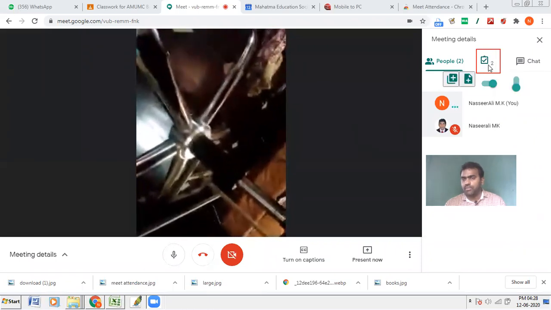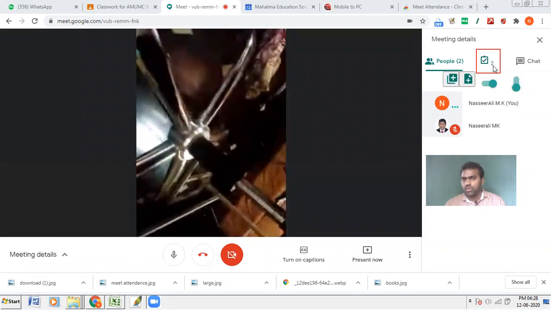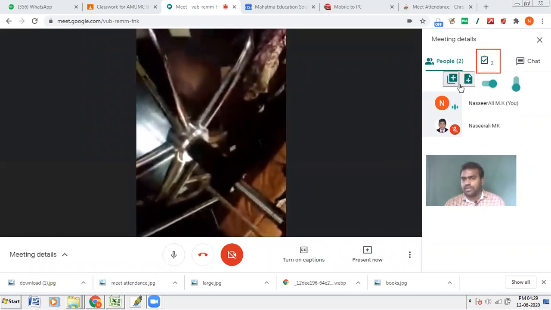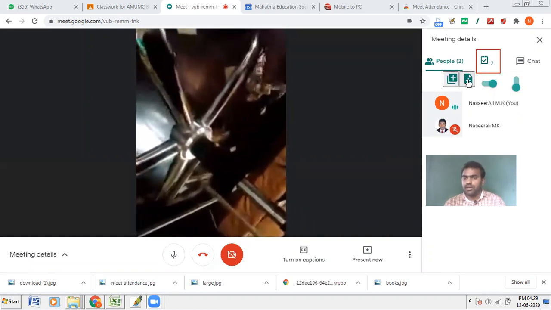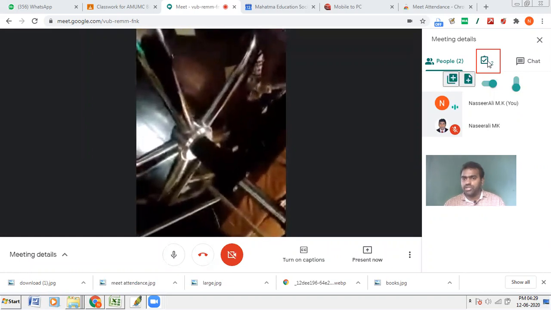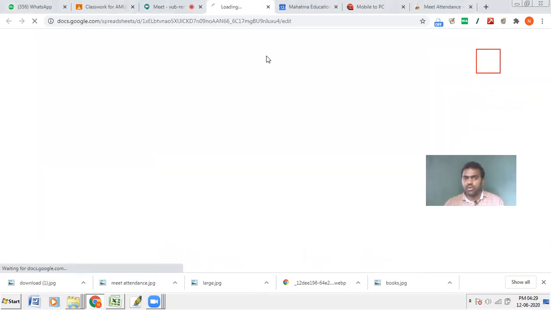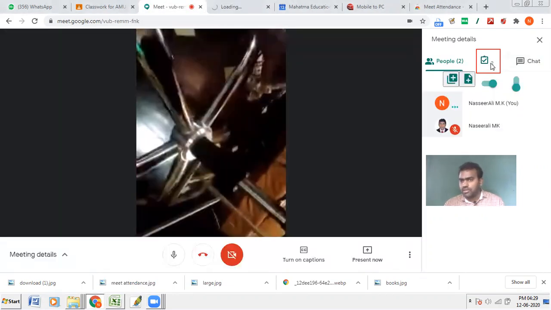If I bring the cursor onto this icon, some options are expanded. You see here, all these records will be maintained on a Google Sheet. If I want to see how the record is kept, I'll just click on this icon where 2 is marked.